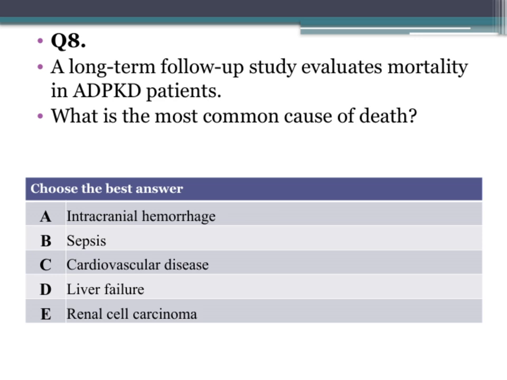In fact, research shows that cardiovascular disease tends to be the leading cause of death in ADPKD patients. This is mainly because of the high prevalence of hypertension and vascular complications associated with the disease. So, when we think about long-term management of ADPKD, controlling blood pressure and preventing cardiovascular complications are critical. The correct answer here is C, cardiovascular disease, because it highlights the importance of addressing the systemic effects of ADPKD